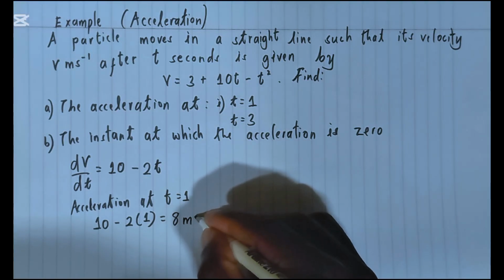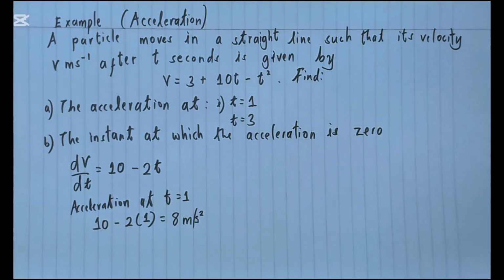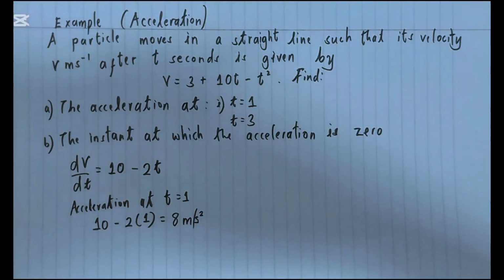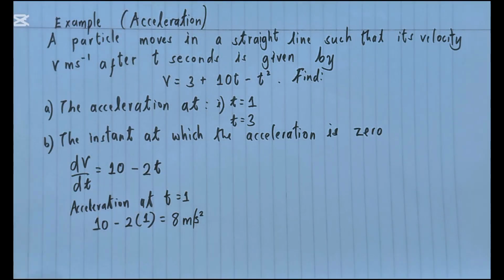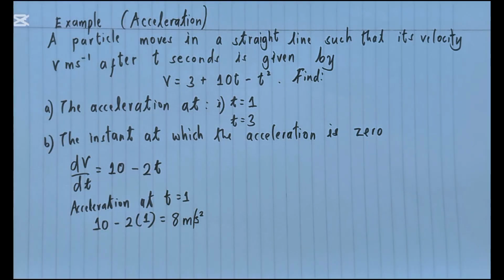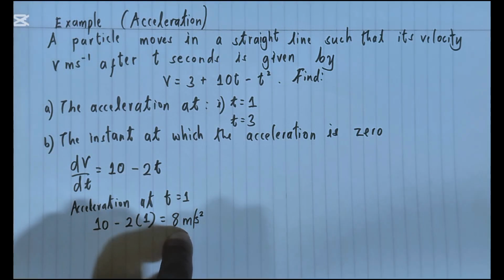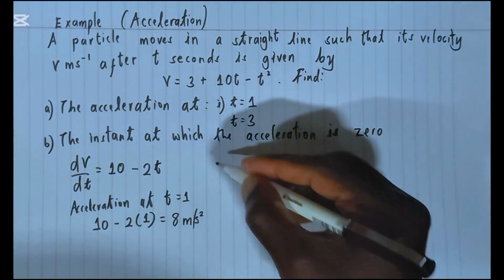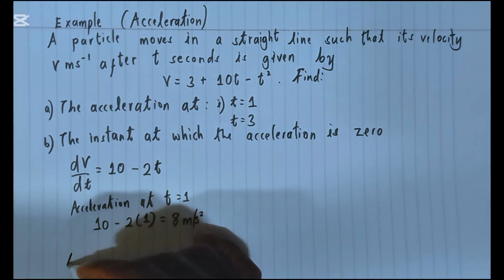meters per second squared, as acceleration is measured in meters per second squared. So that's going to be the acceleration at this particular point, that is at t equals 1. It's going to be 8 meters per second squared. Then acceleration at t equals 2,